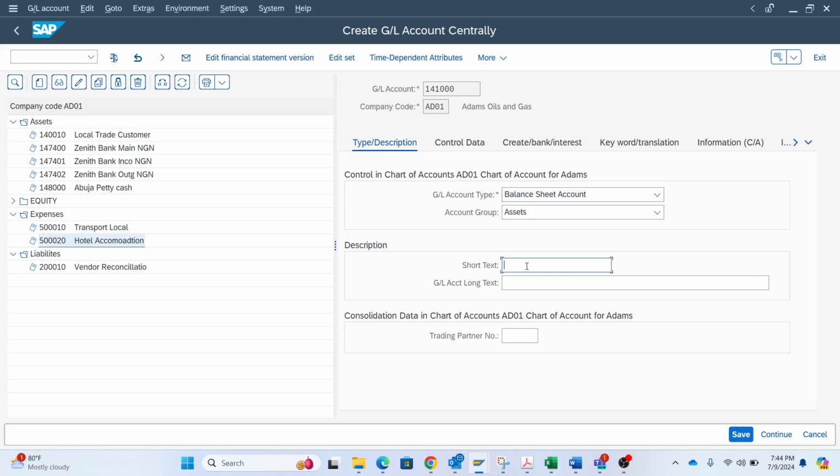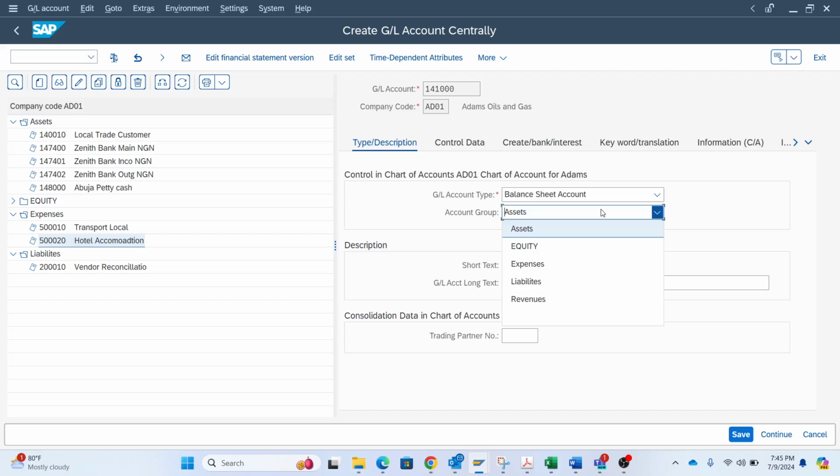So, short text. When I said it's an asset, first of all, you need to understand that the account group here is not more than just 5, which is asset, equity, expense, liability, revenue. Account group could have 7 or 10, where you can have non-current assets, current assets, receivables and orders, cash and bank. You understand? All these account groups can be created, but all of them still fall under a balance sheet account. In this case, the account groups we have created are just minimal. We created just a few account groups, and so therefore